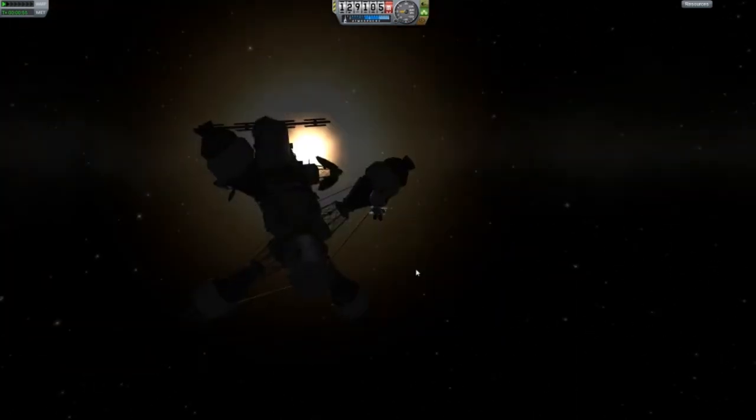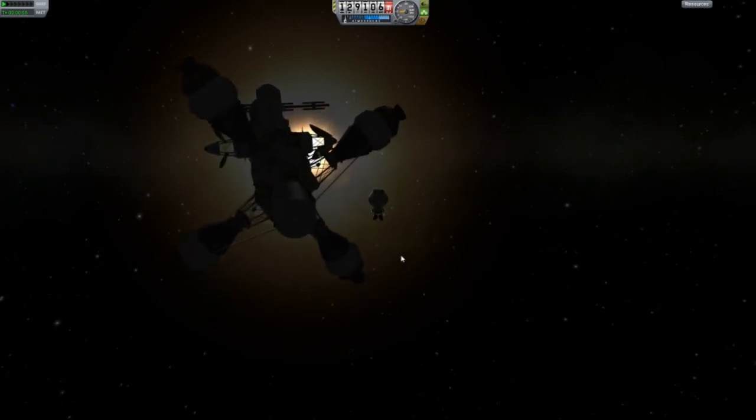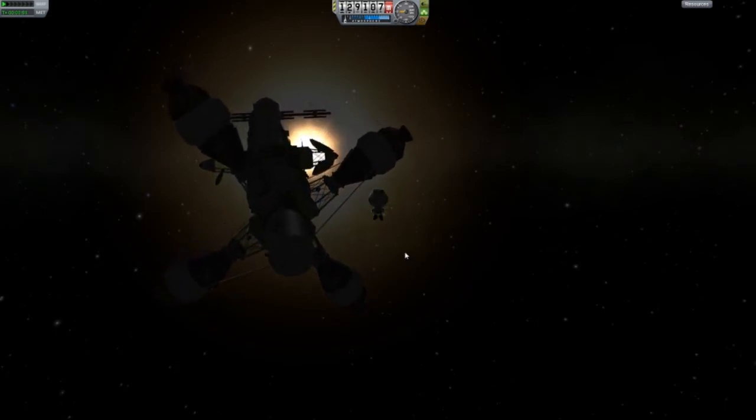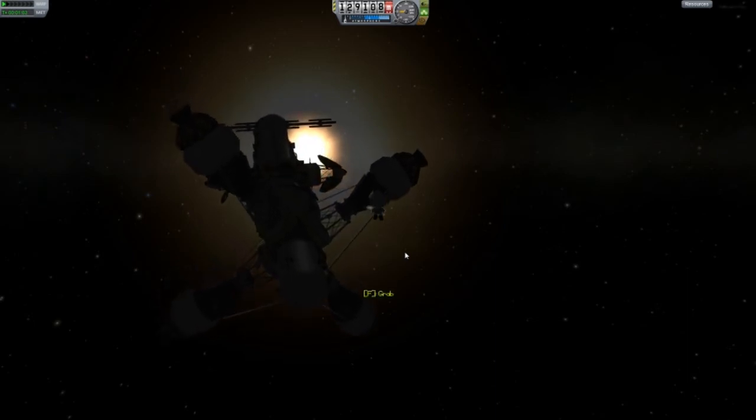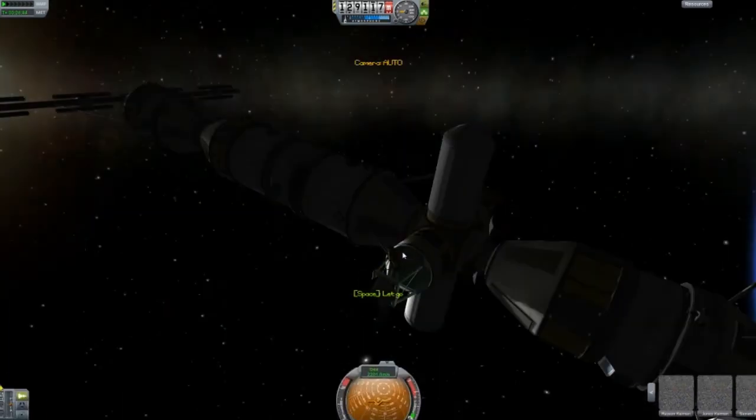I don't actually know. I assume when you undock, cable ties like that break, because they were needed for the... Oh, wrong button. Oh, sorry, I should stop talking. They are needed for the launch to hold it all together. There we go. But I don't know if they're needed...